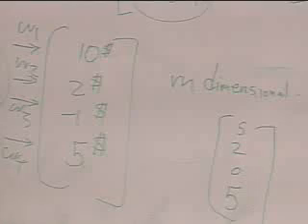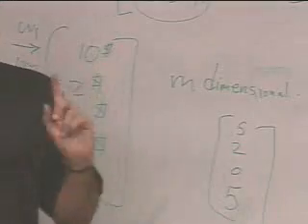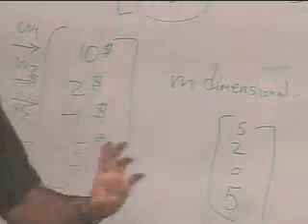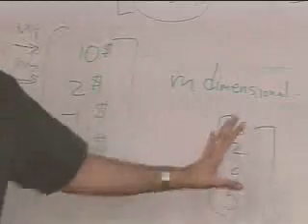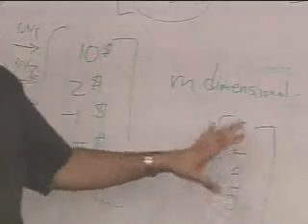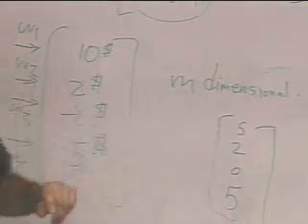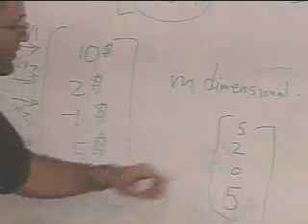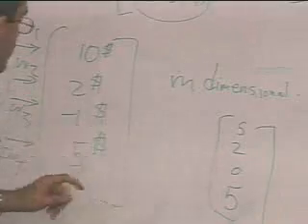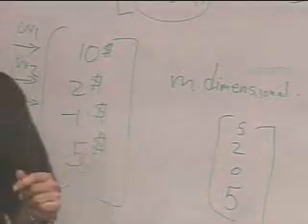He's not coming and giving you a theta and asking what the possible payoffs are. He gives you a vector like this, which is n-dimensional, not m. I was correct, it's n. And he asks, can you make this for me? Can you give me a portfolio that, in case omega 1 happens, gives me $5, if omega 2 happens, gives me $2, if omega 3 happens, gives me $0, and if omega 4 happens, gives me $5?